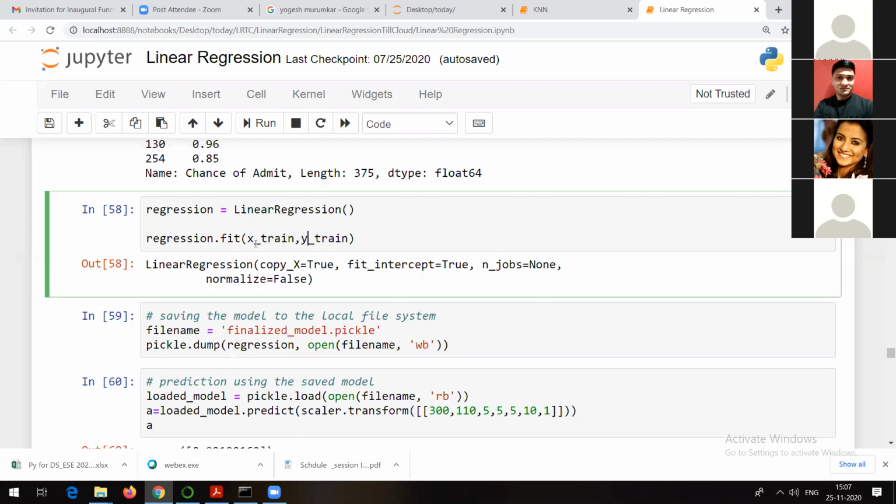So on the basis of this training data, here we are creating a model. Now, whatever logic we have seen in linear regression, that is, how we draw the straight line and what your residual or error is, everything is taken care of by this particular method. So you don't have to worry.